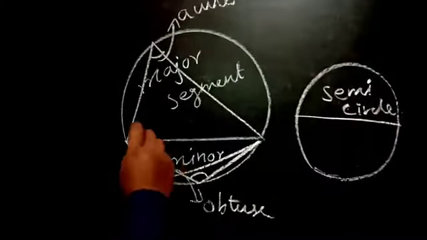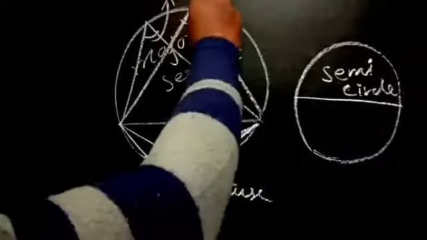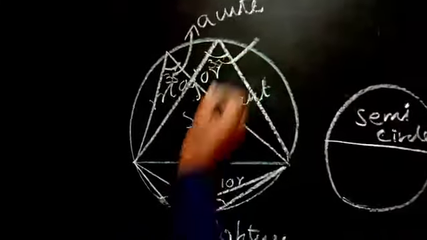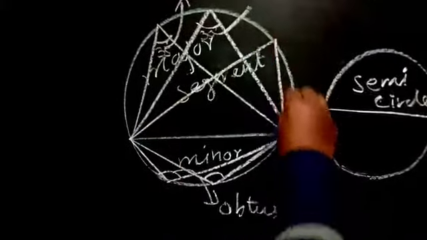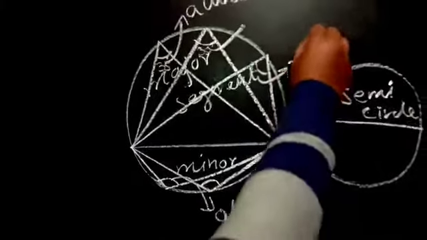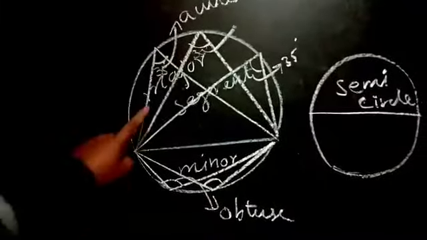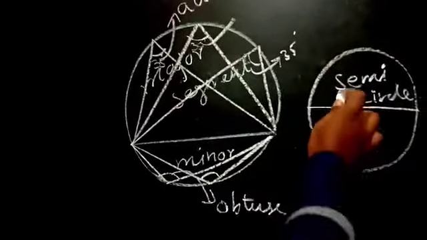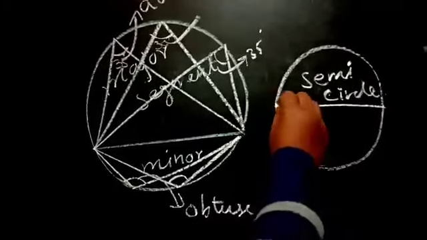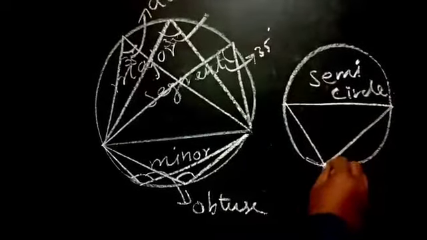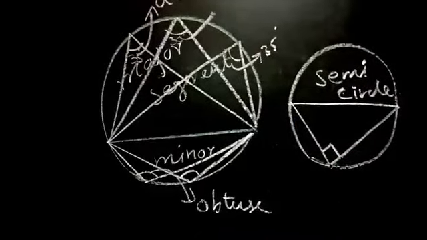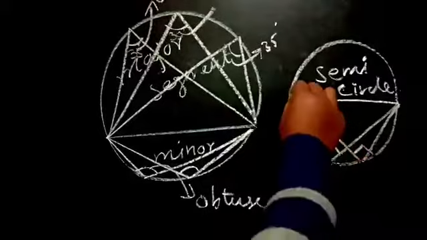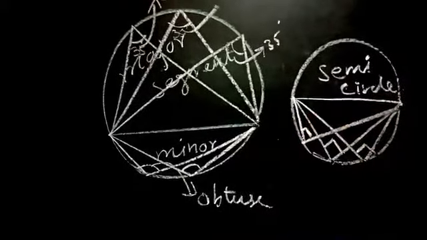So here also, in the same segment all the angles will be equal. Suppose, for example, here we have 35 degrees, here too we will get 35 degrees only. Again, if we draw here, this too will get 35 degrees in the same segment. So, the major segment will make an acute angle, the minor segment will make an obtuse angle. Then for a semicircle, both of them are semi-segments. So a semi-segment always makes 90 degrees. In the same segment, all the angles will be equal.